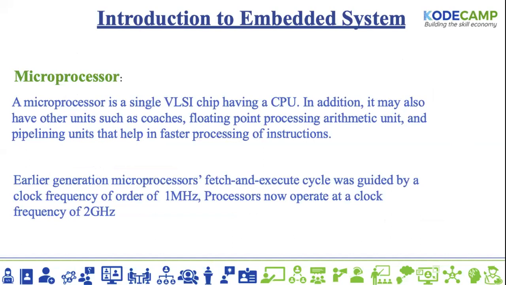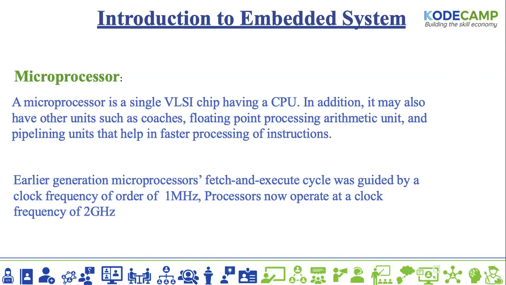So talking about processors, microprocessors are basically a single... When I say VLSI, I'm talking about very large scale integration. When you talk about manufacturing of different ICs, that's where the VLSI comes in. So now, a microprocessor is a single very large scale integration chip having a CPU,